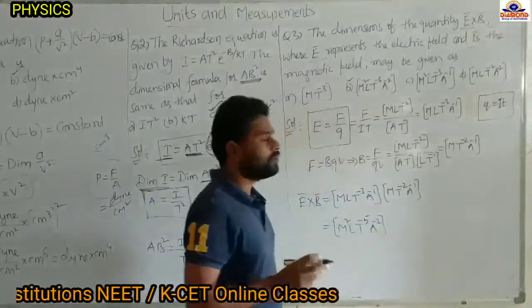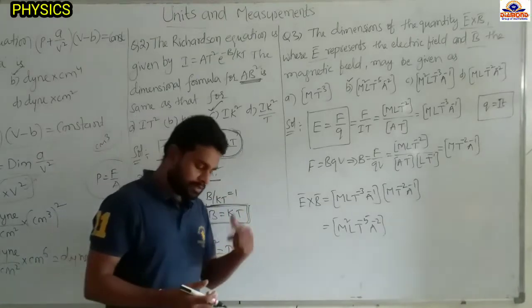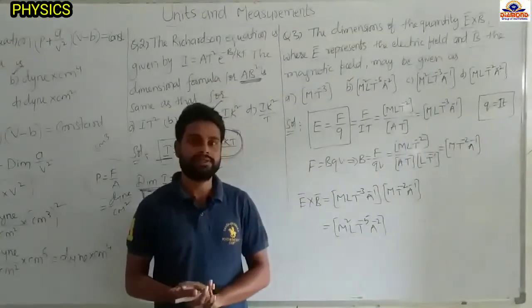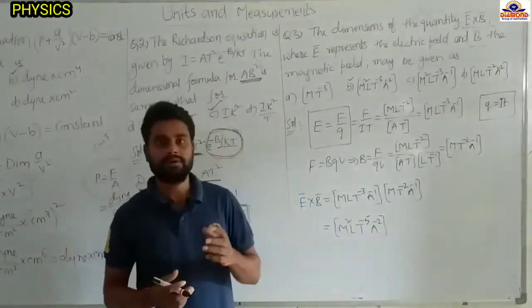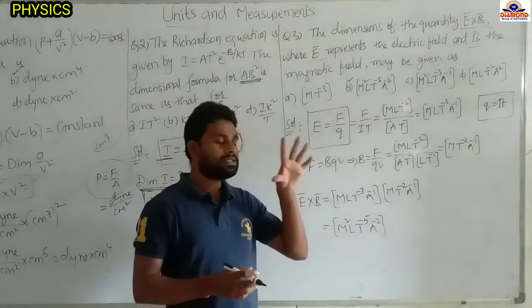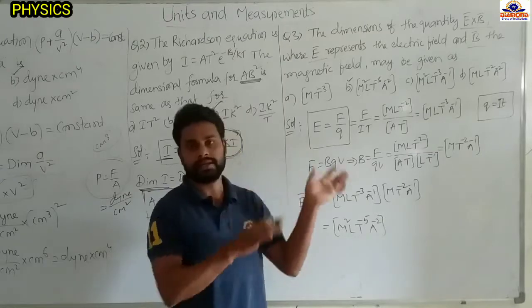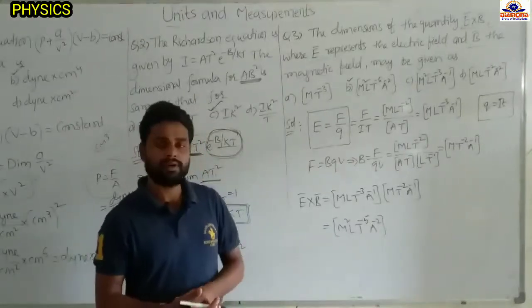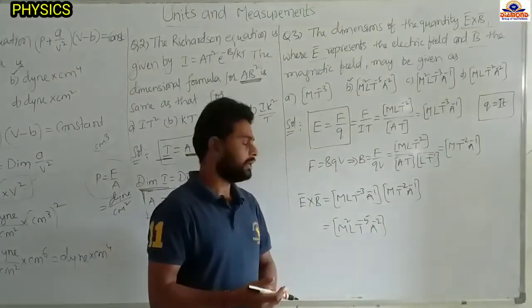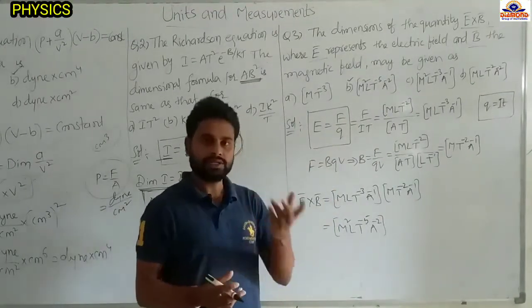That means whenever we are going to write the dimensional formula, we have to express the given quantity in terms of the fundamental physical quantities. Okay, already you know about the fundamental physical quantities. Actually we have three types of quantities: fundamental physical quantities, supplementary physical quantities, and derived physical quantities. We have 7 fundamental physical quantities. These are independent, they should not be derived from any other physical quantity. That's why these are called basic or fundamental physical quantities. Once read it from the theory. And derived physical quantities are the quantities which are derived from the fundamental physical quantities.